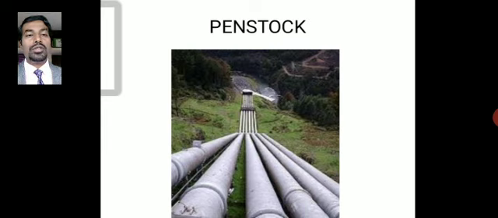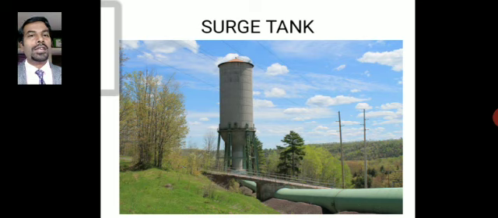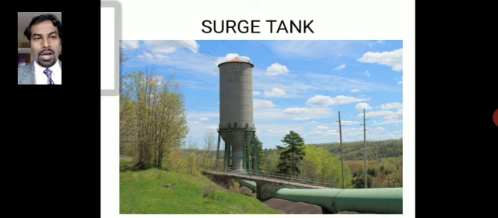And the next important component in the hydroelectric power plant is the surge tank. The surge tank is connected to the penstock. Here you can see the blue penstock which is at the bottom, and the vertical structure standing there is called the surge tank. And this surge tank is fitted to the penstock because this penstock is carrying a huge amount of water, and